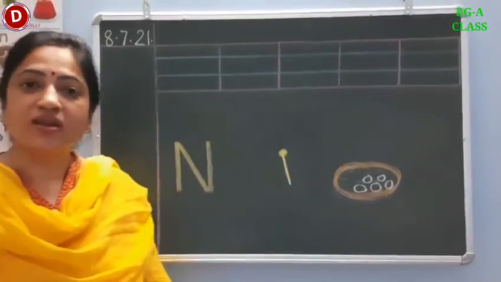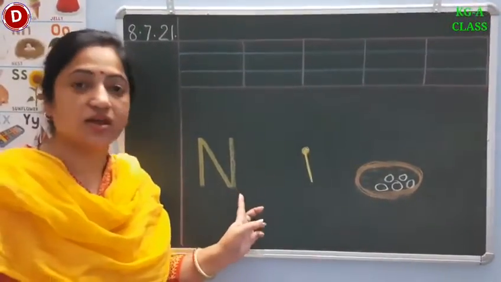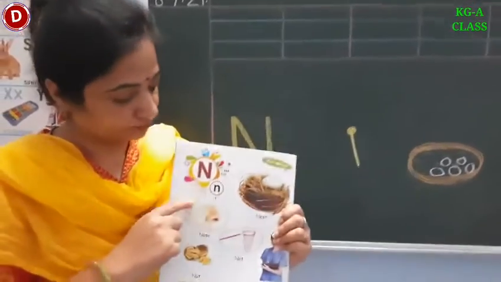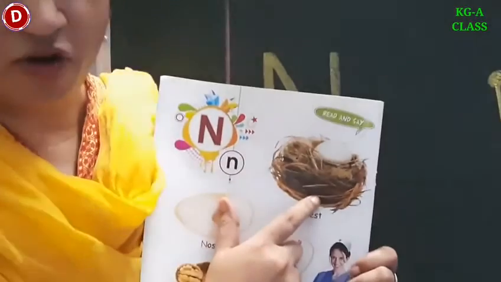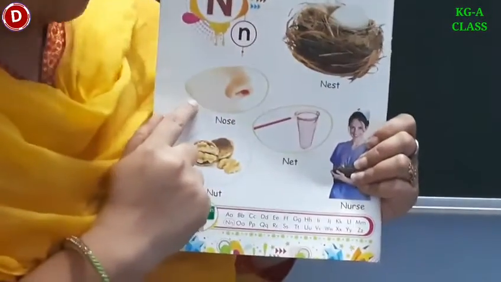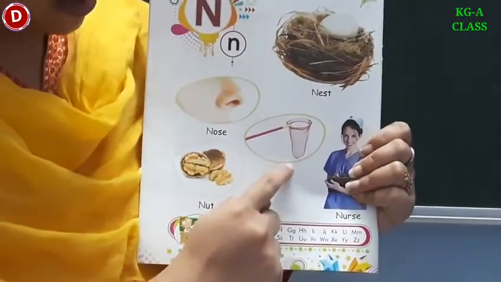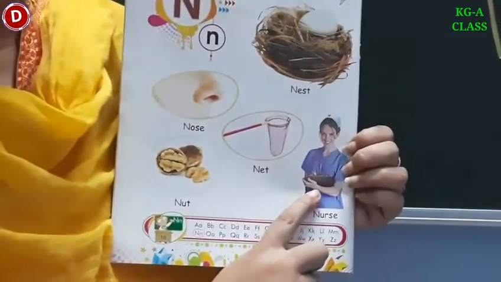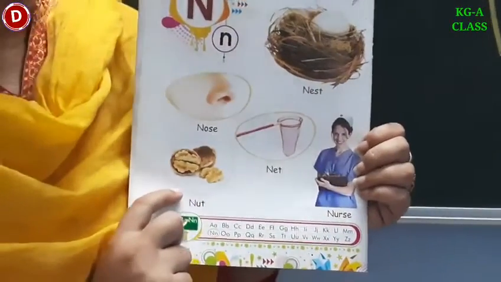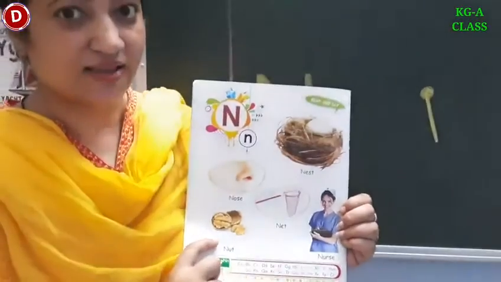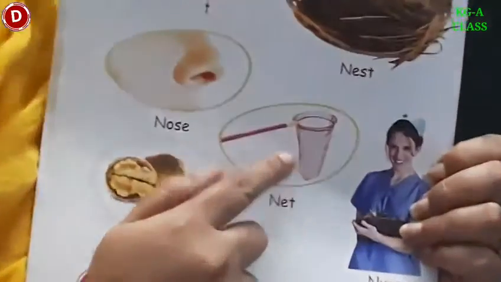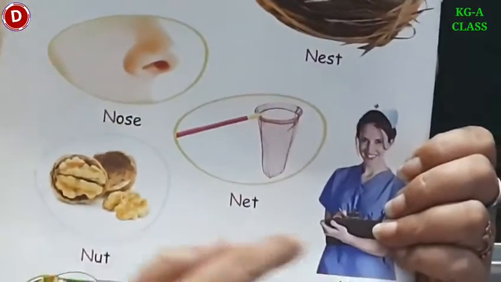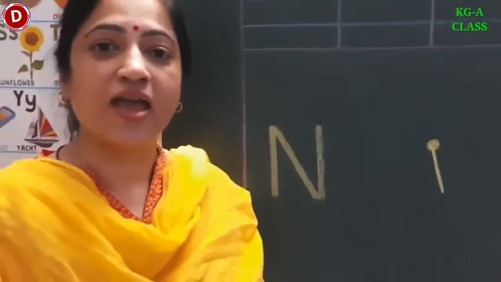Children, there are so many other things which start with the letter N. Have a look. Children, look here. This is capital N and this is small n. N for nest, N for nose, N for net, N for nurse, and N for nut. Let's say it one more time. N for nest, N for net, N for nose, N for nurse, and N for nut. And the sound of N is